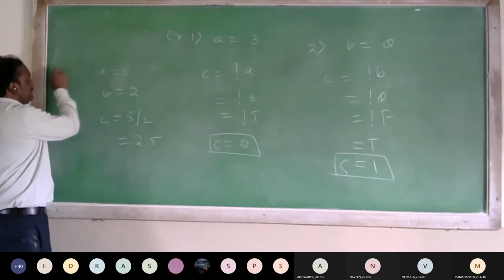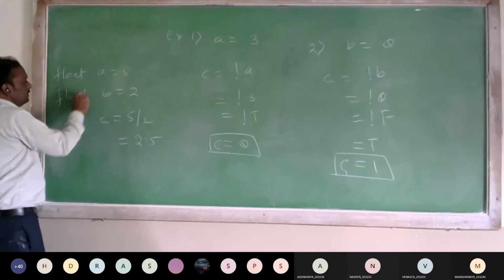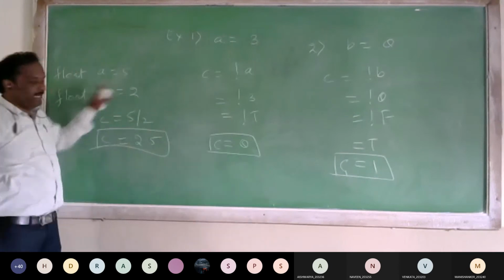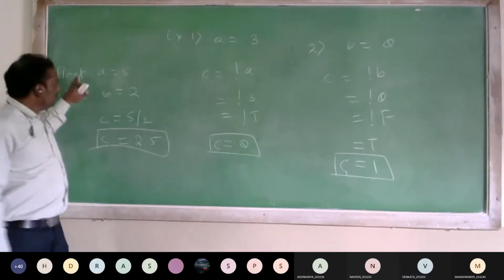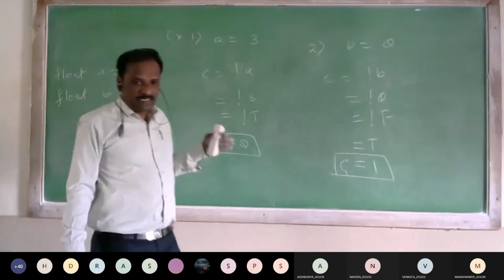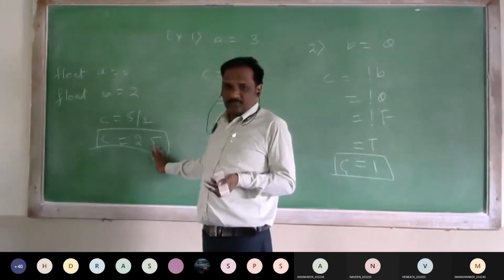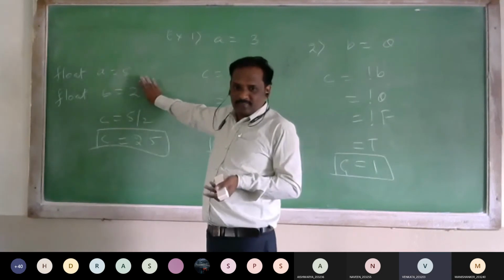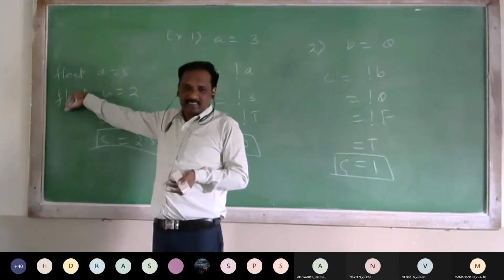If A is float and B is float, then we will get C as float. That we shall see later when I explain about the data types: what is float, what is integer, what is character, what is string. For the time being, don't confuse, because others might not know what is float or character.